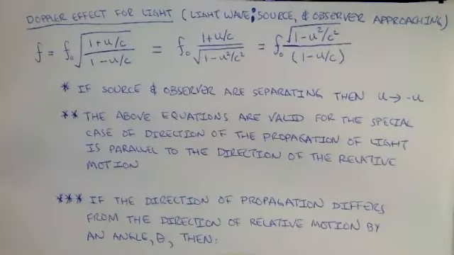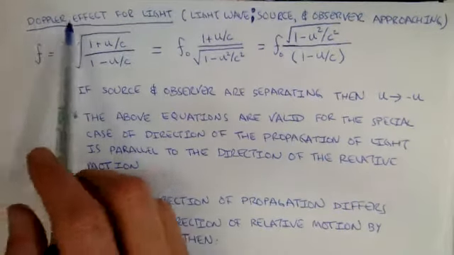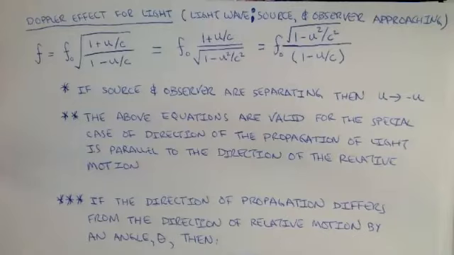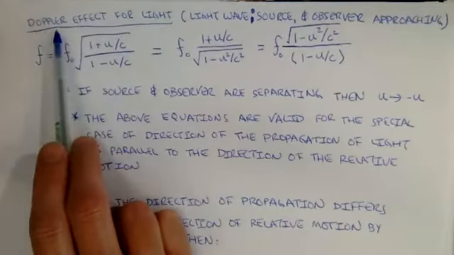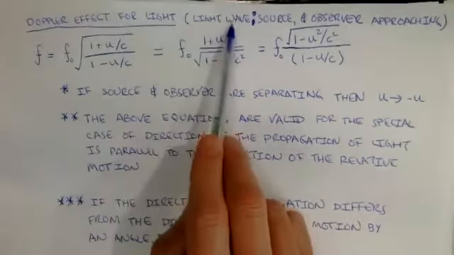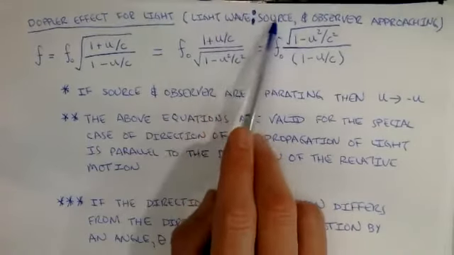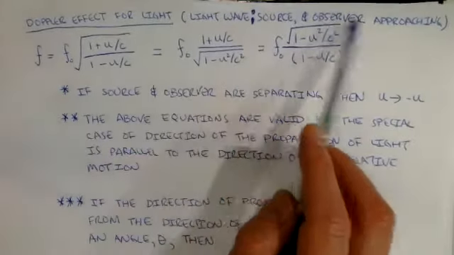Since we just started our tour of optics, I thought that I would start by giving us a little bit of background. I'm only going to do a few problems in our problem session for today, so I don't get too far ahead of our lecture. But I did want to give you the relativistic Doppler effect for light. This is specifically for a light wave, and this is the statement where the source and observer are approaching